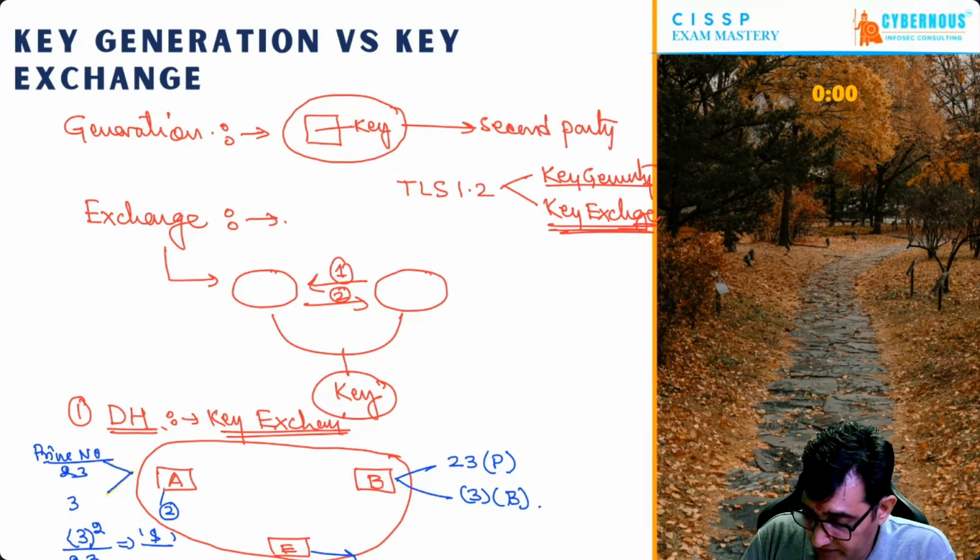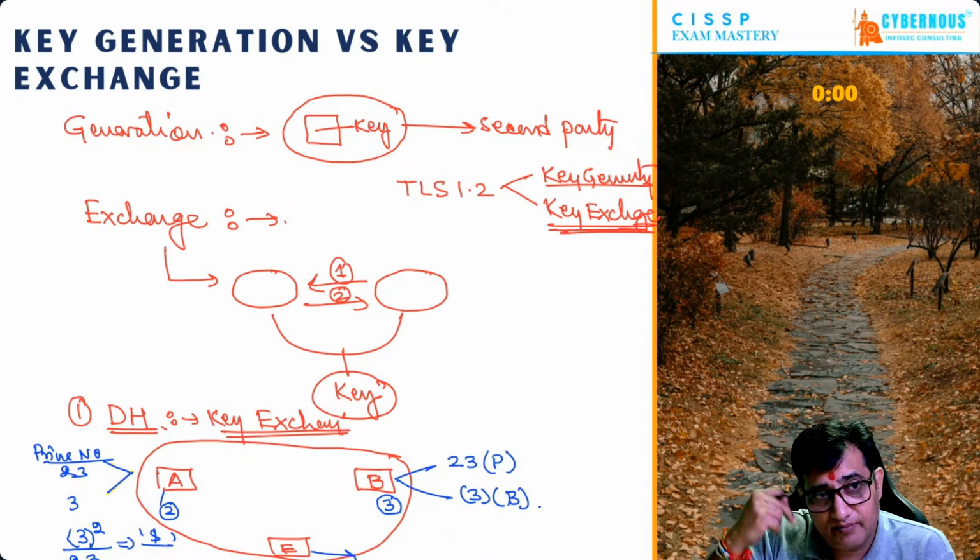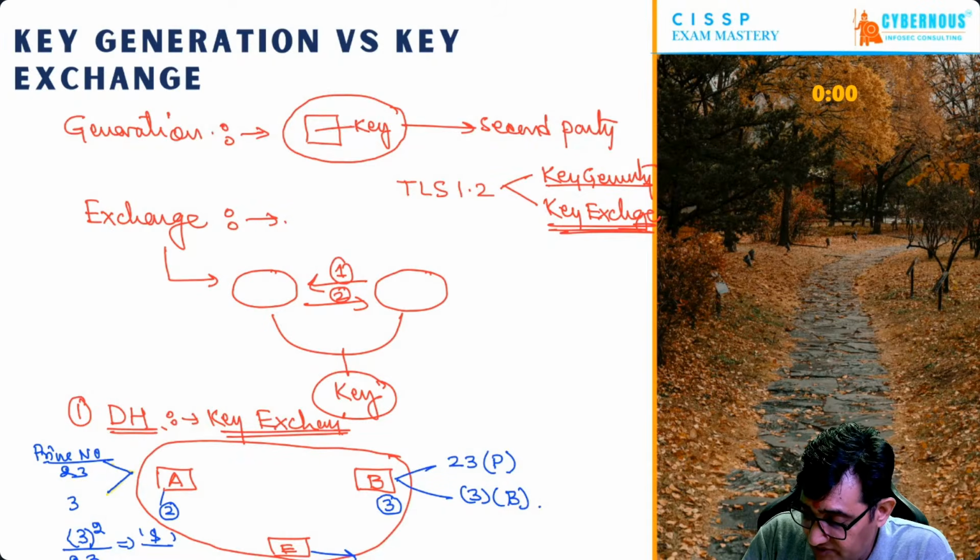Similarly, the same thing will happen on the B side. B is also thinking of a secret value, let's say 3, but she is not going to send it to anybody. She is just generating a value in her mind, and then she does this calculation: the base, as it is proposed, raised to the power of this secret value, then divided by 23, and whatever the remainder comes,